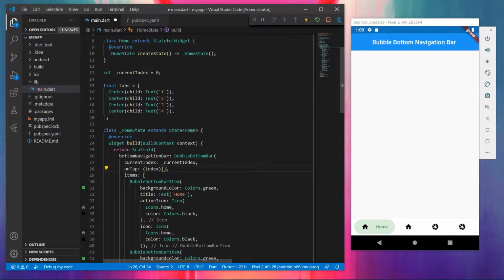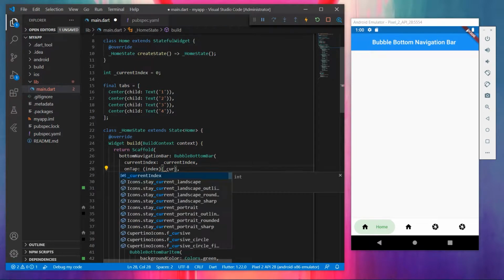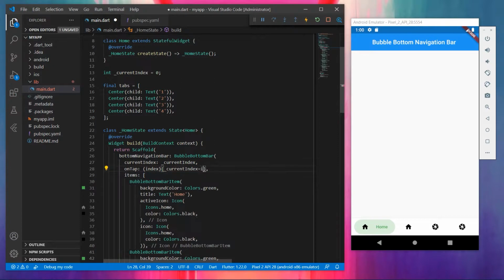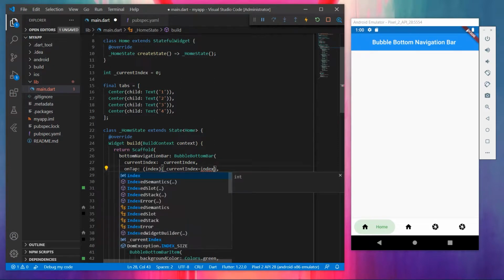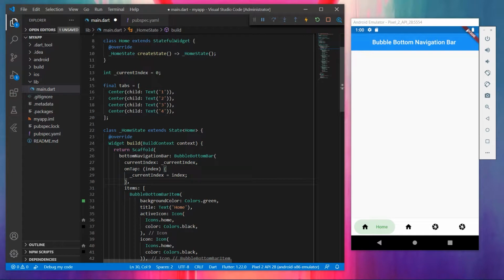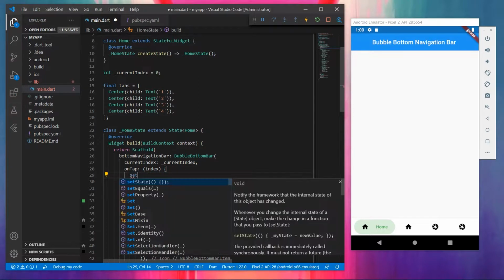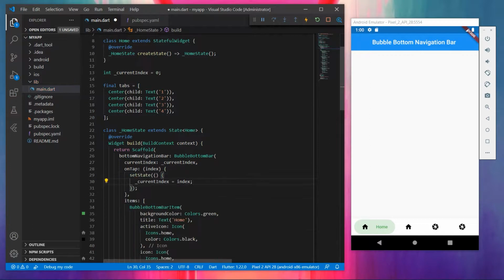And what we need to do is assign our currentIndex variable that we have created to the value that we get from this function. Oops, let me just include this in a setState function so that the widget can rebuild. Let me just save, and when I click on this, you could see it's working.